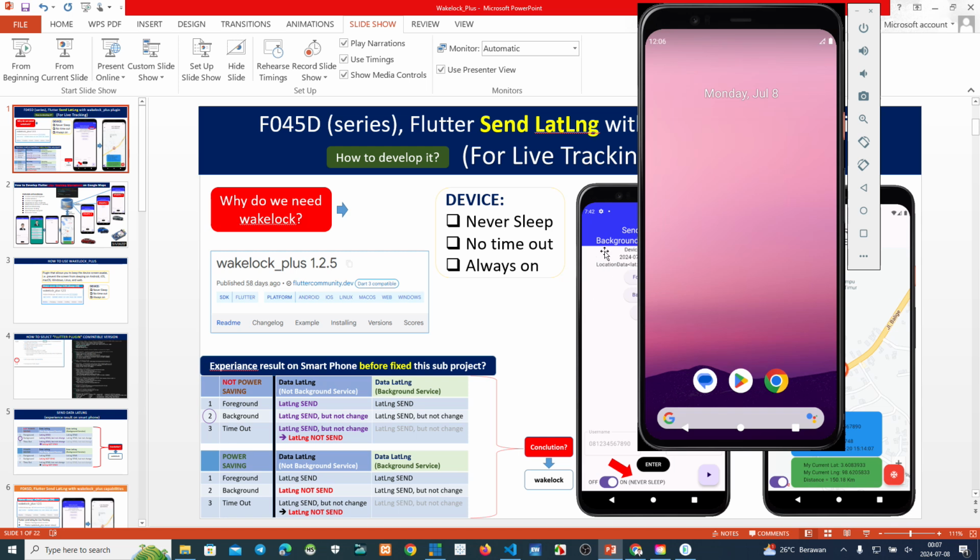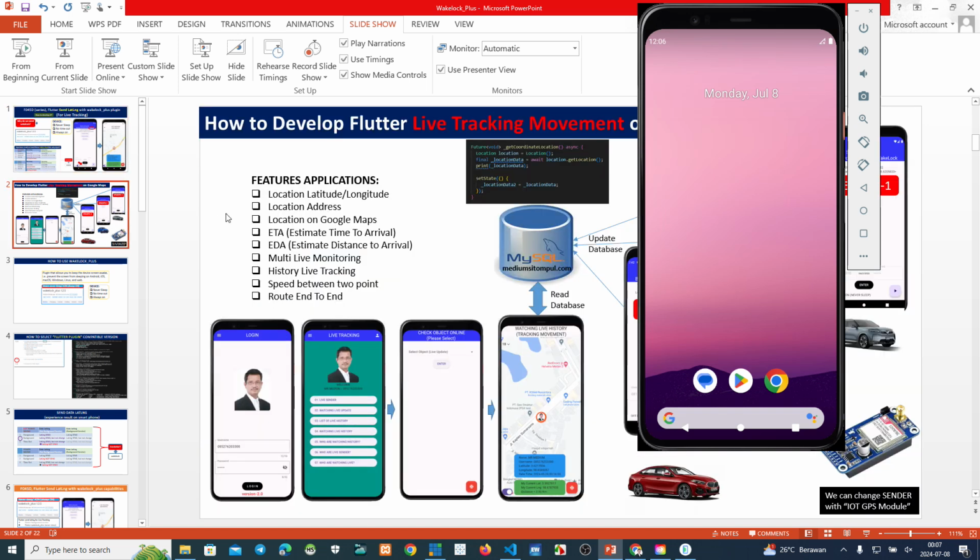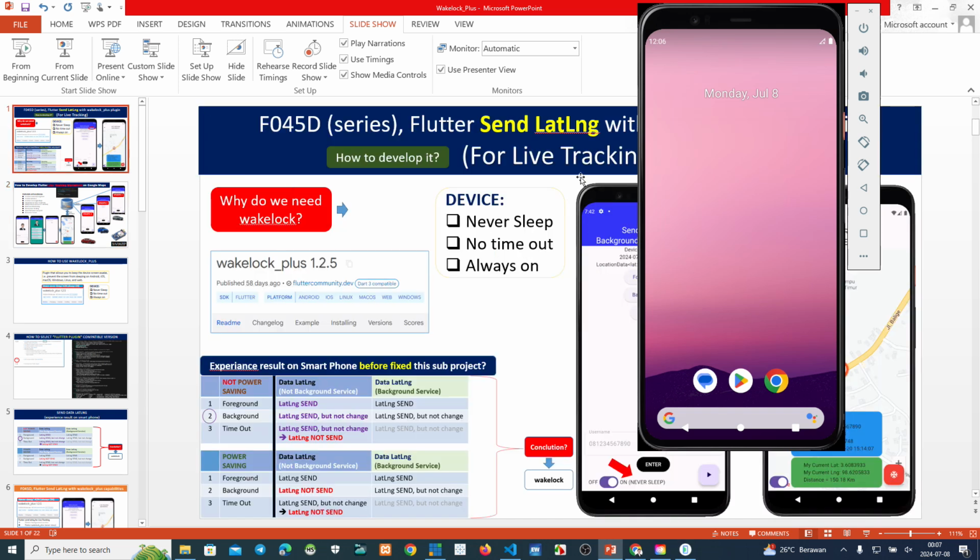This send.long will send the data, latitude and longitude, to the server every time. There is no timeout because we use this plugin, Wake Lock Plus, to make our device never sleep, with no timeout, always on.